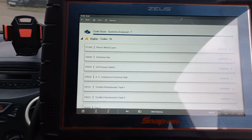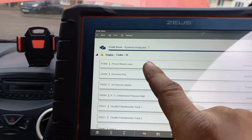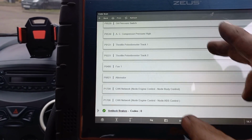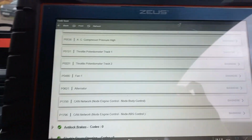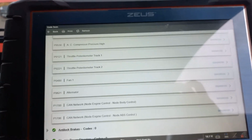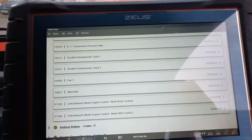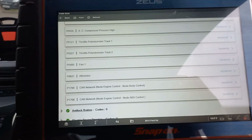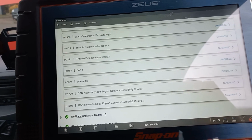So wow, engine management system, we've got 10 fault codes in there. So if we have a look, it's detected 7 systems, or analysed 7 systems on a vehicle. Now these are all going to be down to the fact that it has been on a test bed. So when it goes off to the testing people, they put it on a simulator that simulates the outputs and inputs and stuff from the vehicle, and they use that to test it. They can test it at hot temperatures, cold temperatures, rattle it and shake it around and stuff like that, and pretty comprehensive testing in order to recreate some of the symptoms and some of the